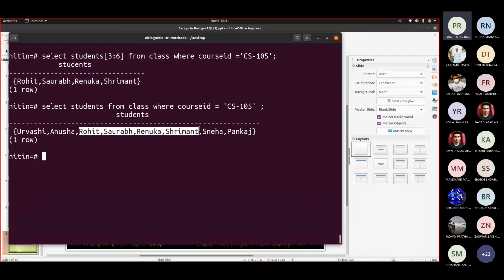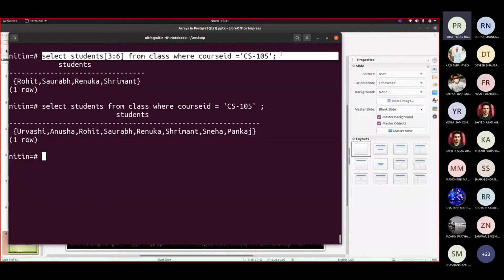You can have multiple dimensions too. Now it depends on how exactly your data is inserted. Now some support might be there. Sometimes you may not see the support at all by database system, depending upon the version that you are using. But at least from Postgres 9 to Postgres 14 right now, arrays are supported like this. Okay, so this would be a slicing concept. What we did for slicing, we used kind of range rather elements from index I to index j. So that means index I would be first, index j would be second. So you cannot reverse it.